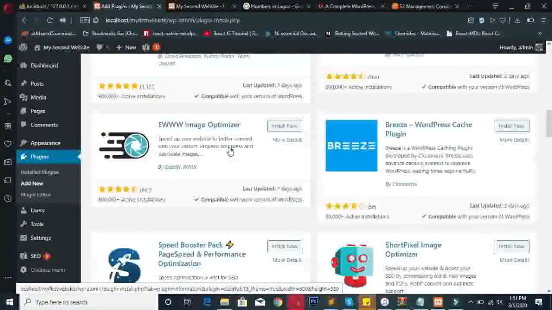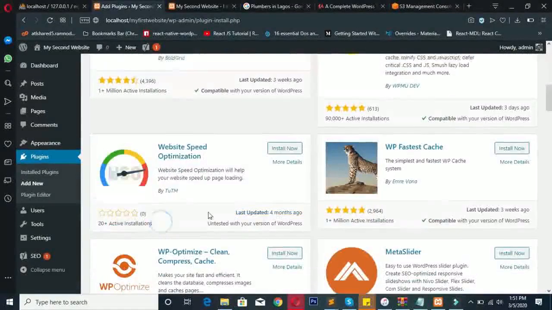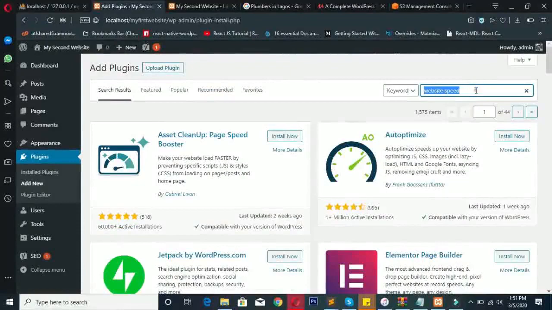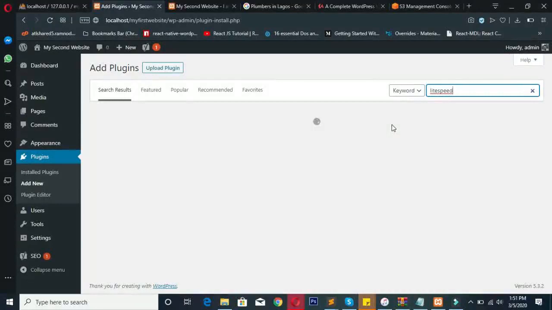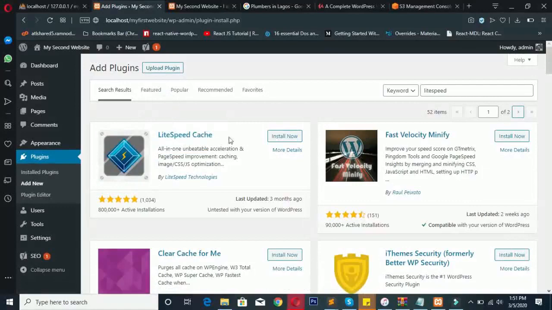It seems it's not showing here. Not this one, it just has 20 installs. It's not really reliable like that. Let me see. Okay, LiteSpeed, should be LiteSpeed something Cache. Yeah, this is it. This is the plugin I'm looking for, LiteSpeed Cache. This will help you speed up your websites. It's just one plugin I like that actually helps speed up your websites. So you just install that,